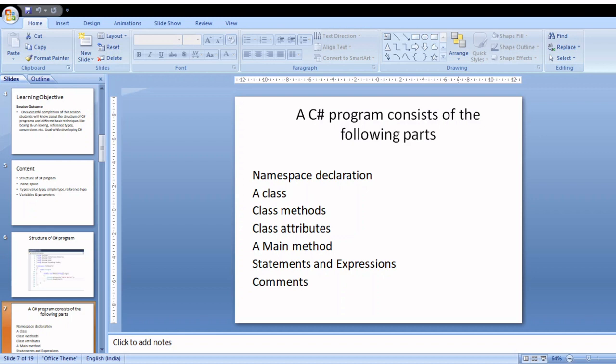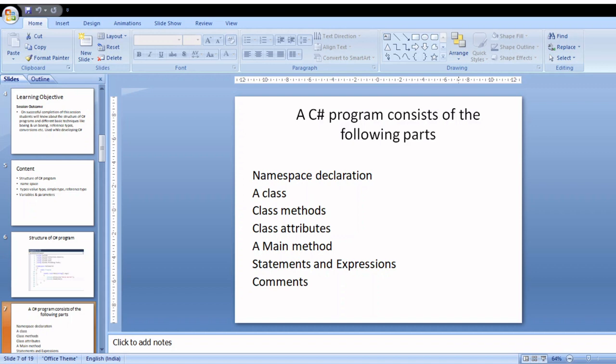There is only one Main method present in that program. This Main method is in this part, with statements and expressions. You can also use comments. You have class methods and class attributes. If you are going for C# programs based on inheritance and polymorphism concepts, we'll be having all these things. But for now, I have taken a simple C# program as an example.